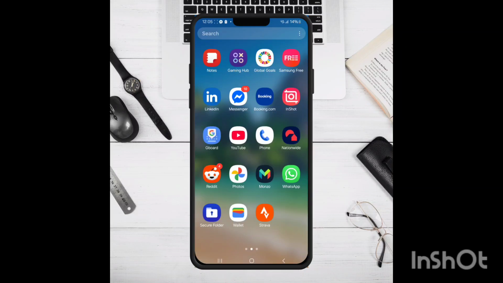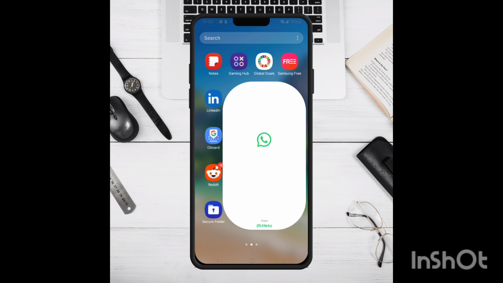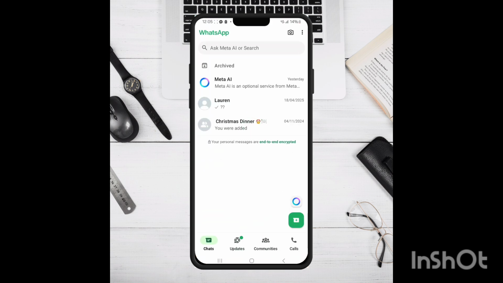How's it going? In this video I'm going to show you how to lock chats on WhatsApp. So if you want to make a chat private, then this is what you do. First of all, I'll show you how to lock the chat, and then I'll show you how to hide the chat. So to lock it, you simply tap on the chat and that'll bring up this menu,